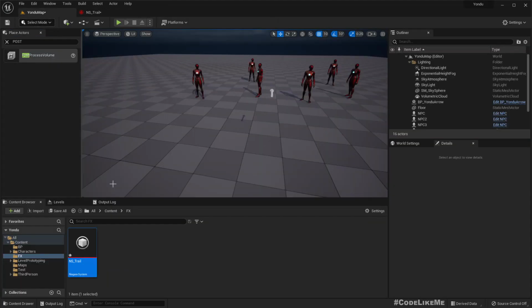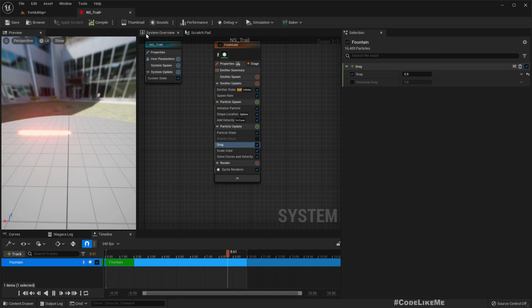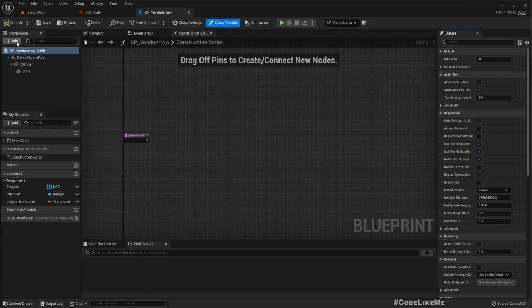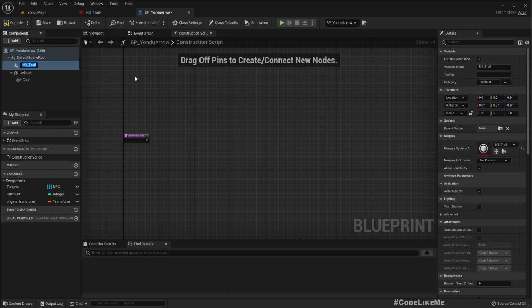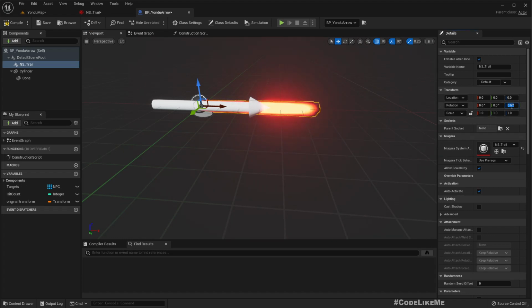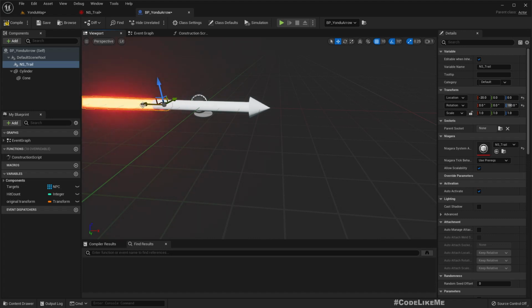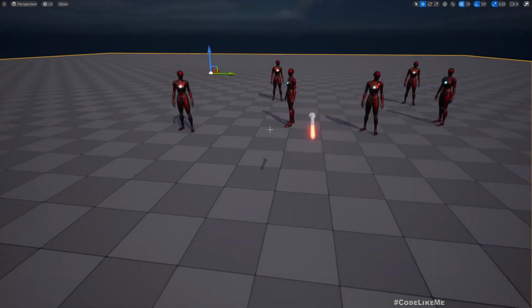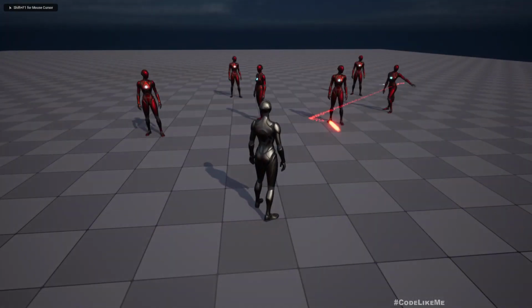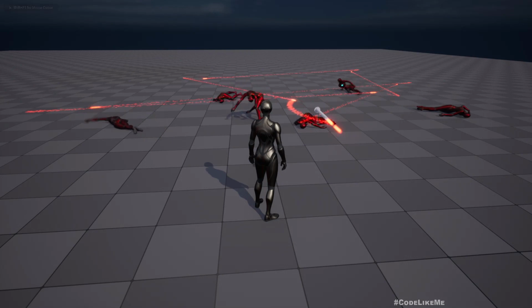Right, now let's attach this ns trail to our weapon, and see how it looks. System, okay, and it's in forward direction. Let me rotate it so it shoots particles backward. Right, okay, now let's see. Cool, now we can see a trail,